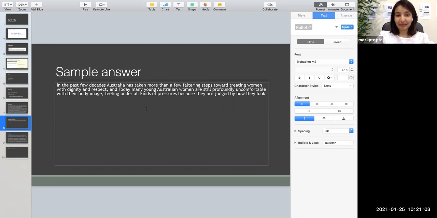I'm using a capital letter in the middle of my answer for a common noun. This is not a proper noun. Today is not a proper noun. So if I use a capital letter here, I will lose another point for my grammar, which is the reason why I have to remove it and use a small letter here. Okay. So this is your final answer.